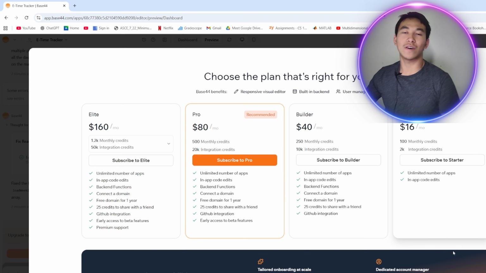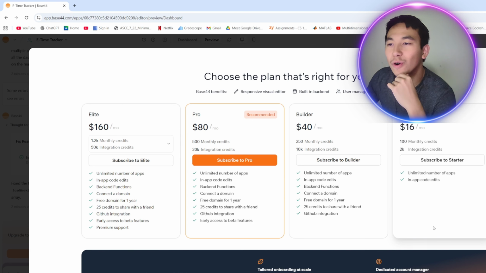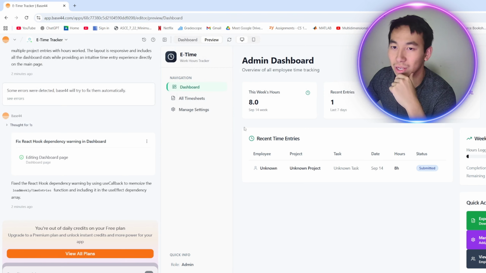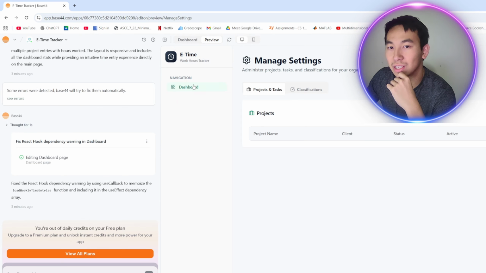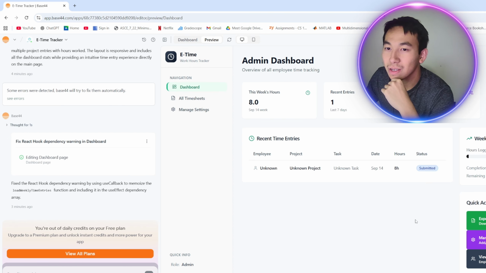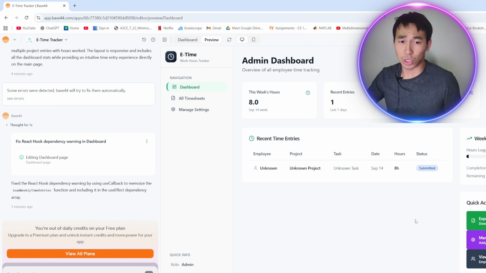All right. Overall, what I think of Base44, I would give it a solid 7 out of 10. It is quite easy to use. If you have a good prompt, you can make something that is above what I expected, honestly. It just didn't work exactly, but just tweak around with your prompts, what you want, and eventually